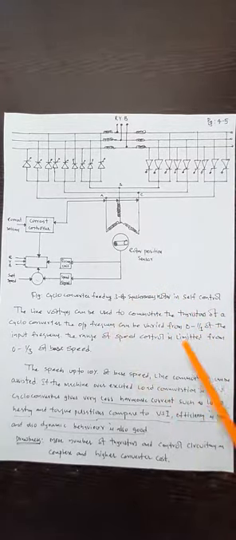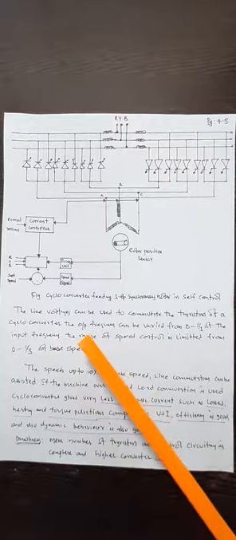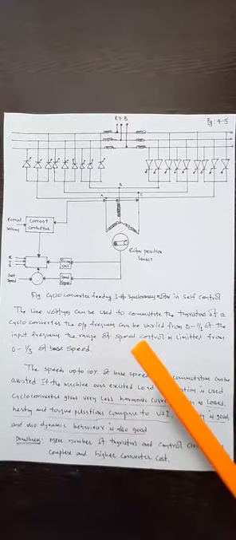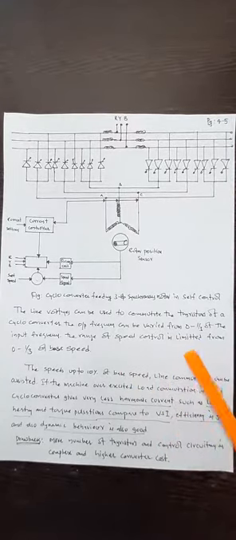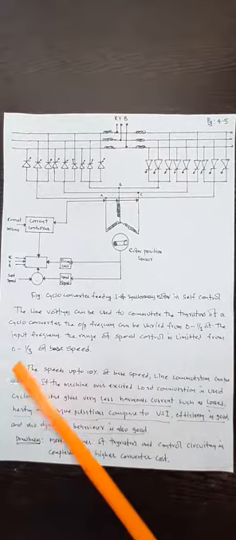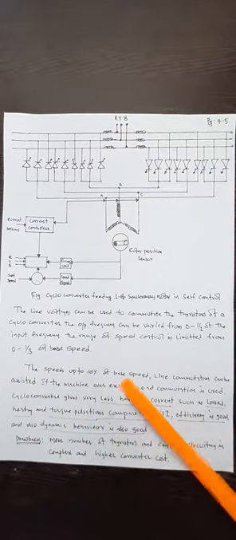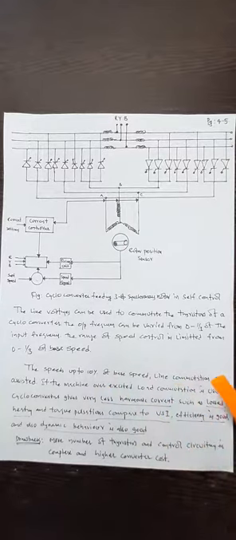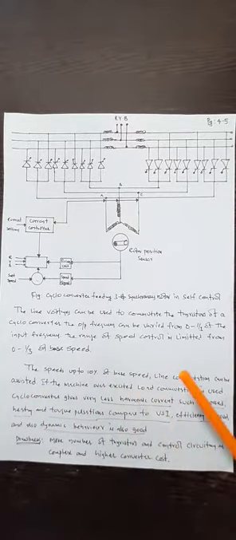The output frequency can be varied from 0 to one third of the input frequency. For example, if the input frequency is 50 Hz, then one third of that can be obtained. Similarly, the speed range can also be controlled, limited from 0 to one third of the base speed. So for speeds up to 10% of the base speed, line commutation can be assisted, and if the machine is overexcited, load commutation is also possible.